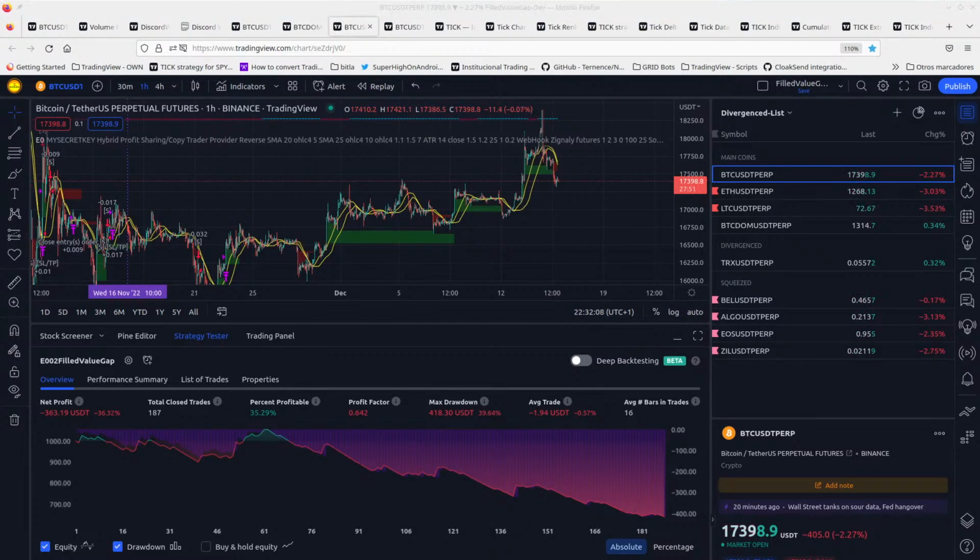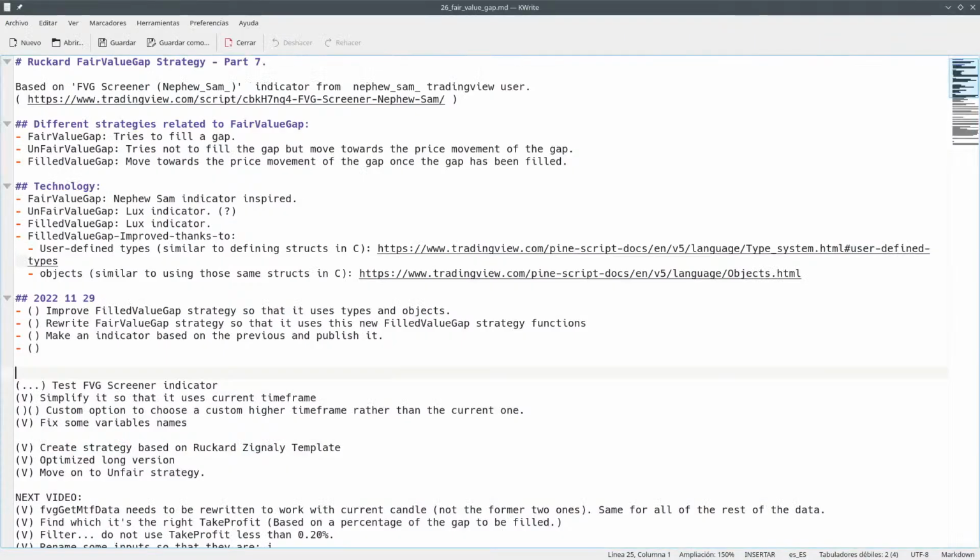So the next thing we need to do is to rewrite the fair value gap strategy so that it uses these new fair value gap strategy functions. Okay, I'm not sure if I'm going to do this, because